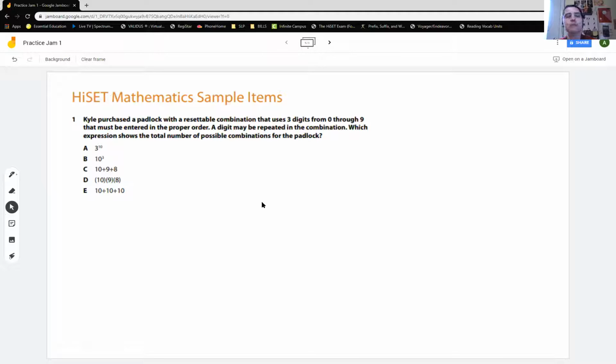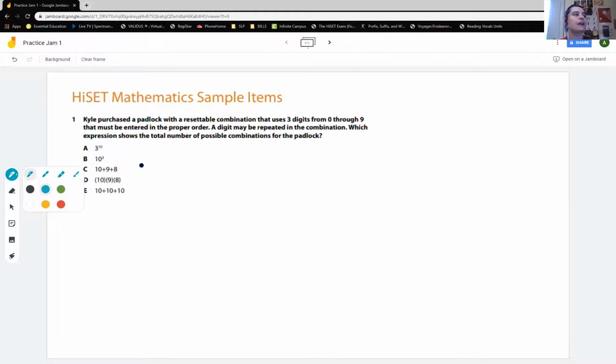Okay, we've read the problem, but if you're like me, a lot of times that first read through, you kind of get a sense of a few ideas. There's a padlock, there's a dude named Kyle, there's digits. They're asking me for how many combinations of digits there could be, but I'm not sure that I really understand well enough to put together a plan for solving this problem. So the first thing I'm going to do is go back and kind of dissect the problem, break it down into pieces. For that, I'm going to pull up a different color pen